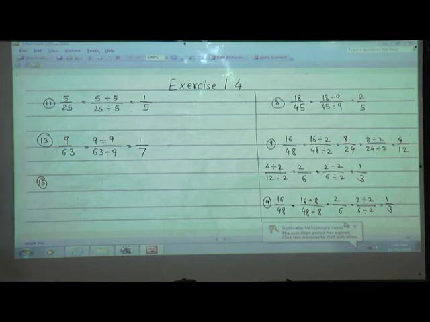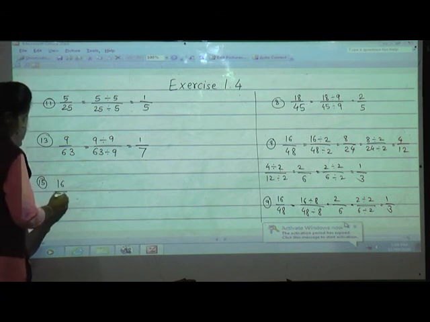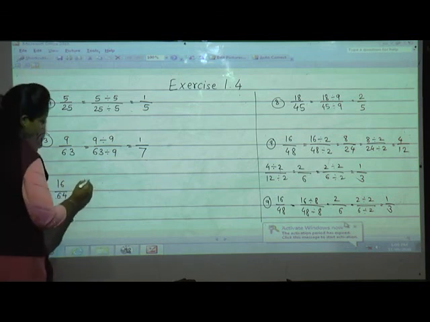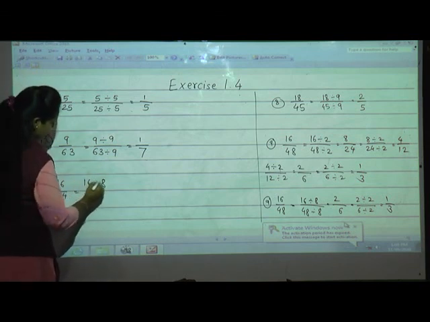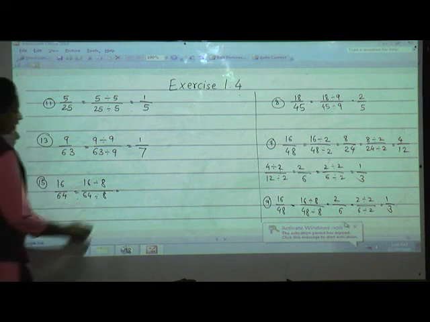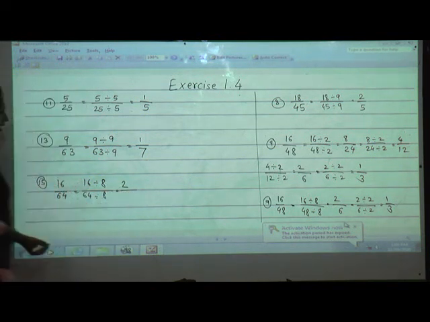What is the 15th one? 16 divided by 64. Now see, in which table will both the numbers come, students? The 8 table, isn't it? So do 16 divided by 8 and 64 divided by 8. 16 divided by 8 is 2, and 64 divided by 8...